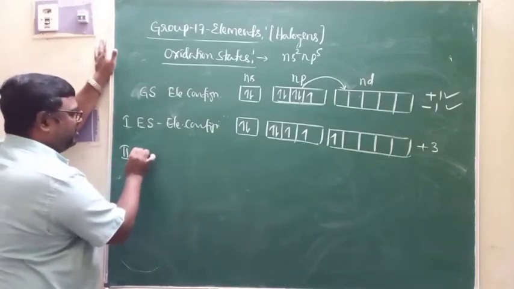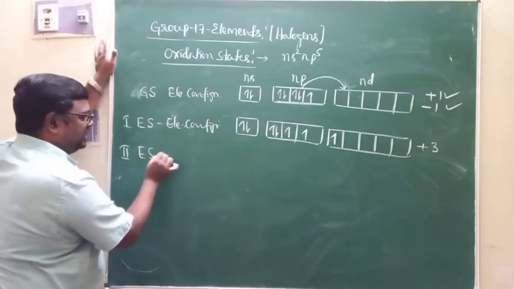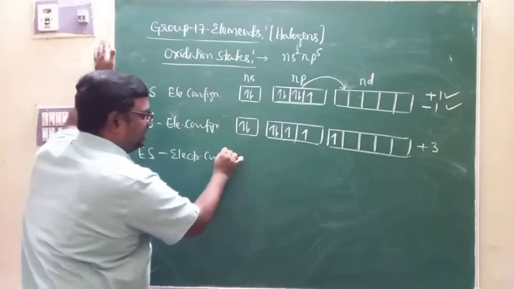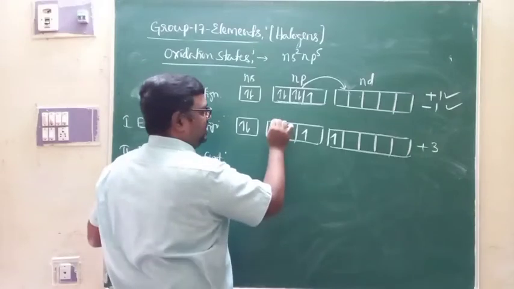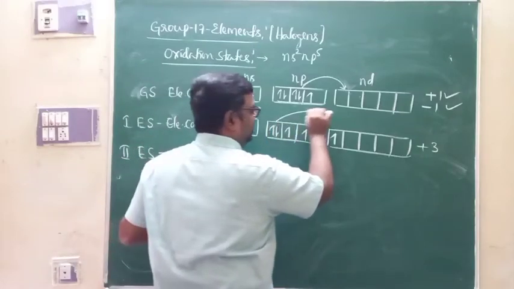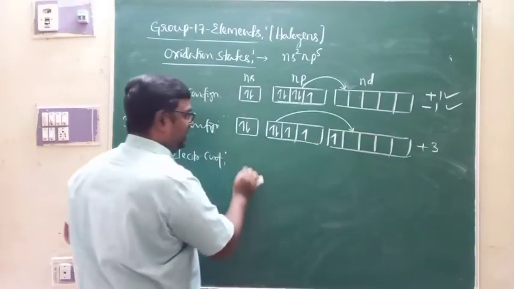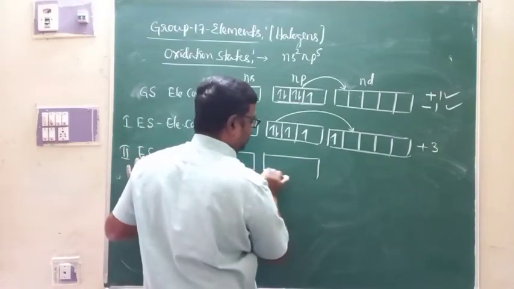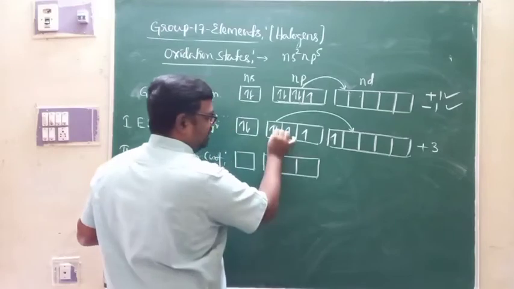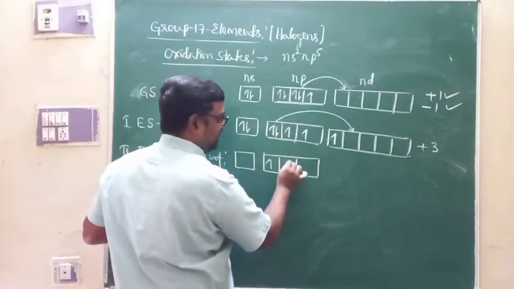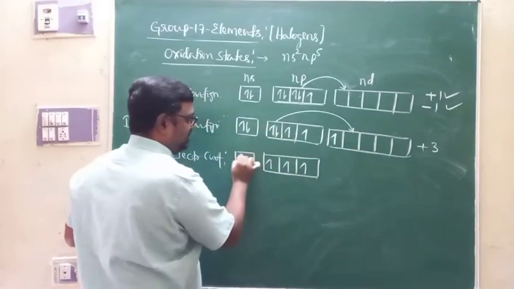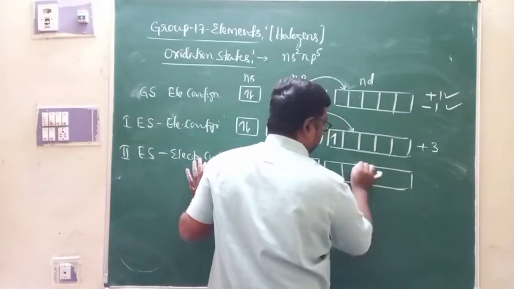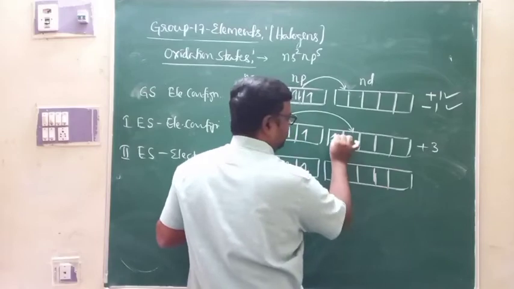If you provide some more amount of energy, that is in the second excited state of the atom, the electronic configuration will be: one more electron from Np is shifted to Nd there. Again unpairing of electrons starts, and as usual paired electrons are there. Look at this, now in the d subshell we have one unpaired electron.